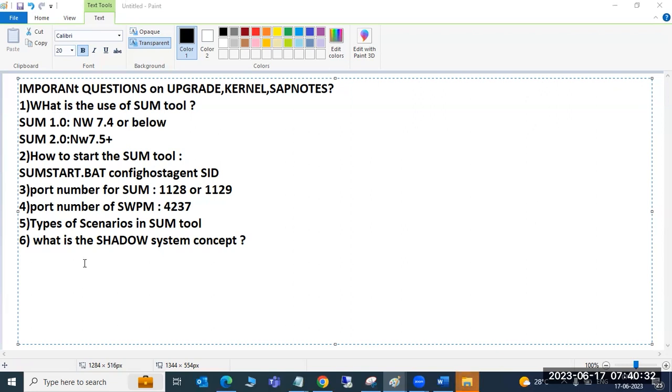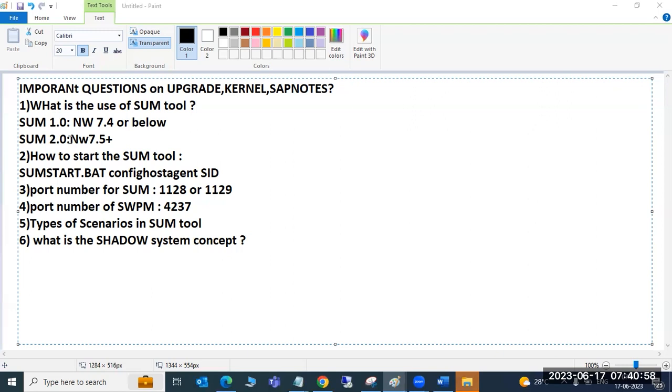The SUM tool will create the shadow instance replicated from the ECC. The upgrade is performed on the shadow system instead of the original system to minimize the downtime, or to avoid the risk on the main system, right?